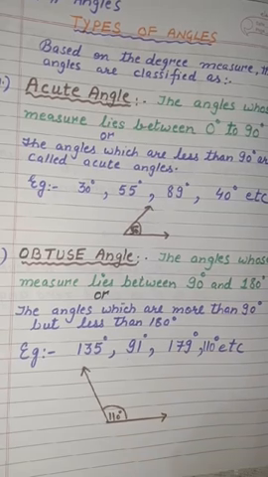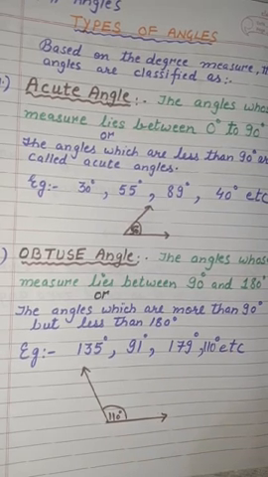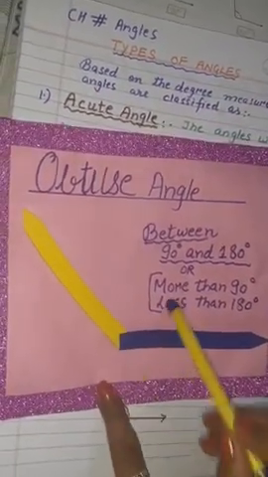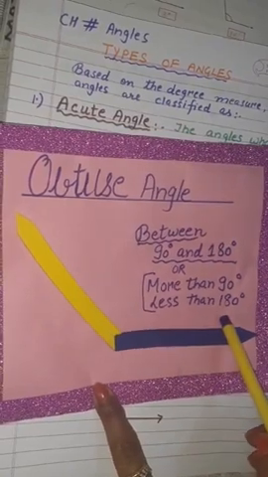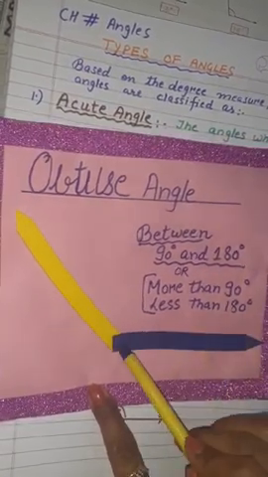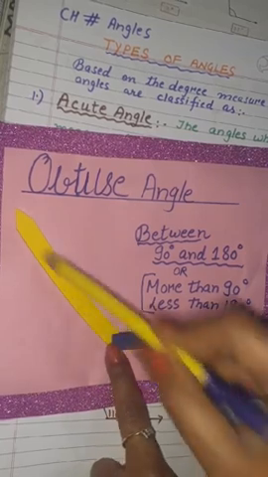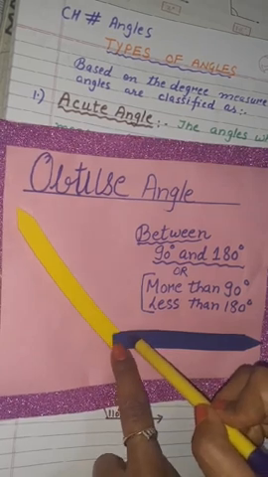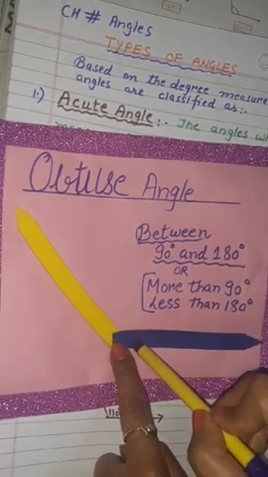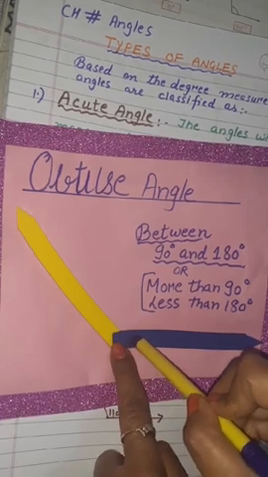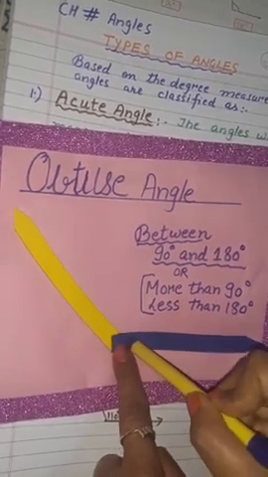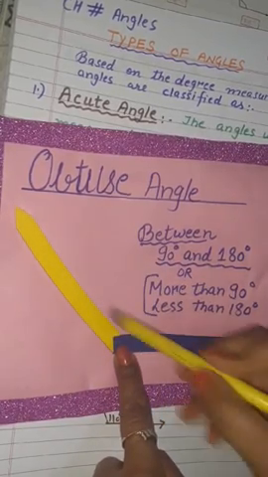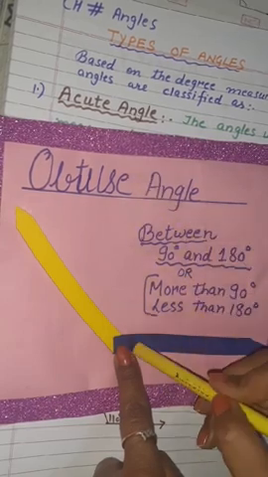So here is your example of an obtuse angle. It is more than 90 degree but less than 180 degree. It is of the shape like when you open your elbow, keeping your elbow at a distance from your head, when you open your arm. So it is making an obtuse angle.